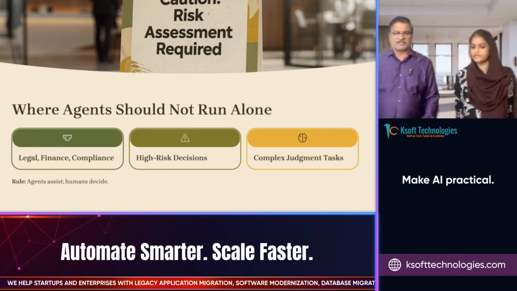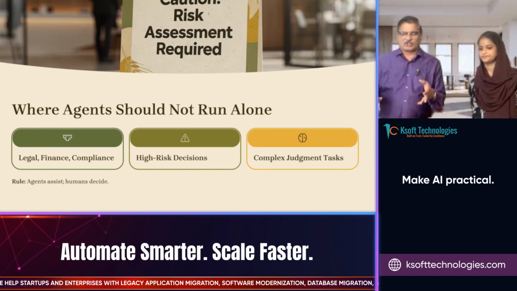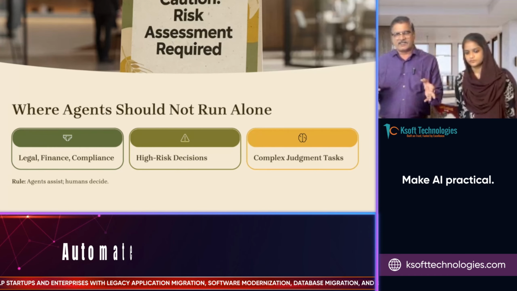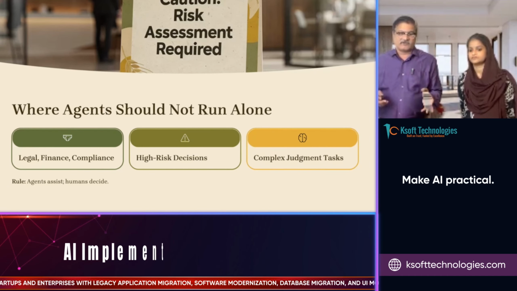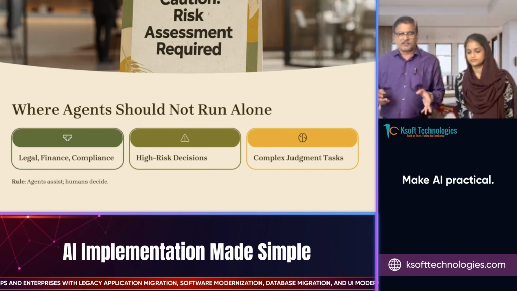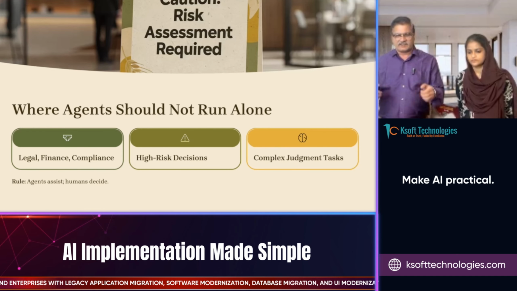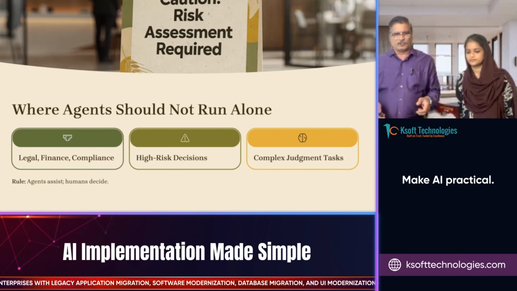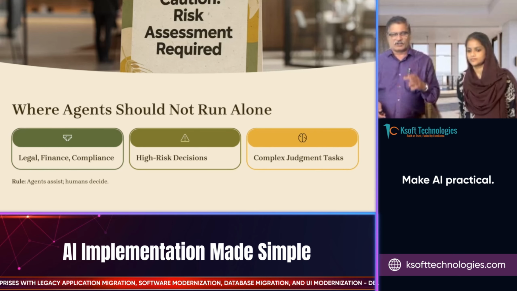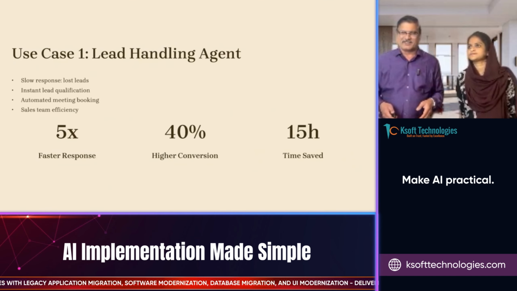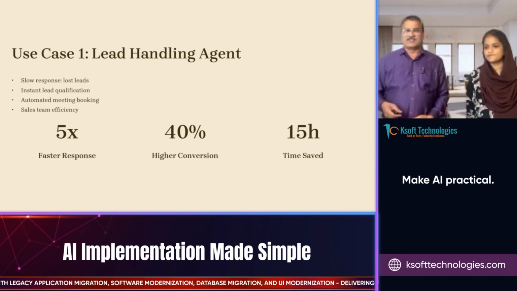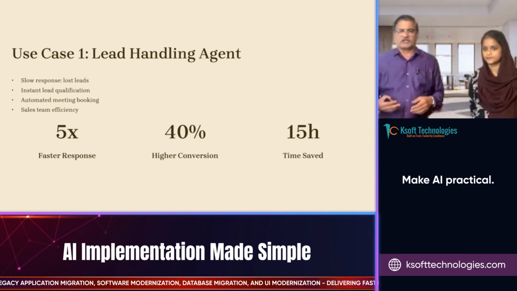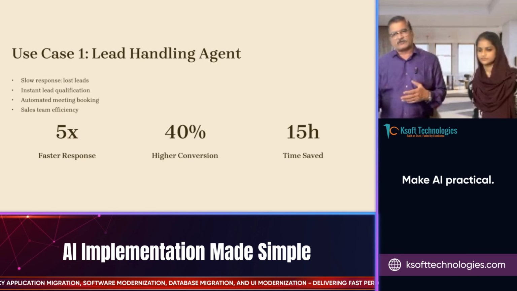I'll give you the best example. There are automated computers, we can say robots, which do operations on human beings. But you always find a doctor standing there with his hands on the controls. He's not left alone to do the operation. If you leave a robot to do the operation, you don't know what will happen to you at the end of it. Yeah, let me speed up a bit so that you have more time for questions and answers at the end.